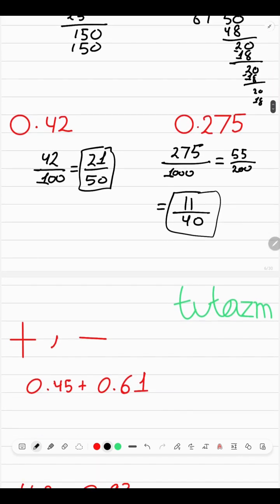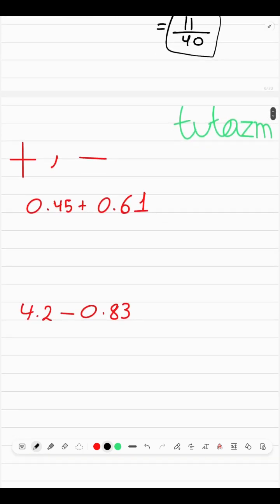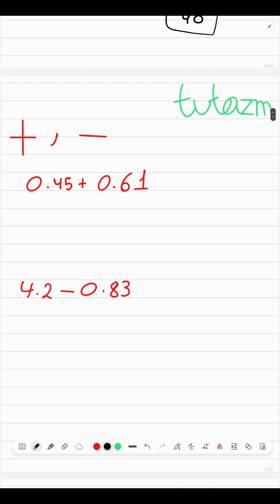Okay, let's take a look at adding and subtracting decimals. When adding and subtracting decimals, really all you have to do is just do it. It's really similar to normal addition and subtraction, except when you carry on after the decimal point sometimes. So in this case here, just do 0.45 plus